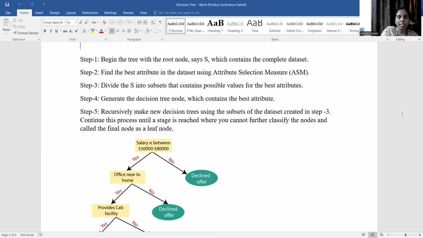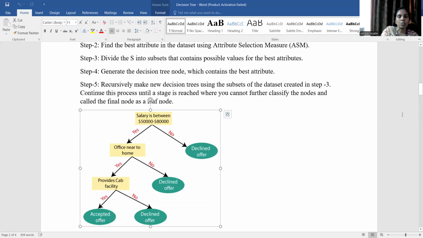The next one, generate the decision tree node which contains the best attribute. Then the next step, recursively make new decision trees using the subsets of the data set which are created in step 3, and continue this process until we cannot classify the nodes further, and the final node is called a leaf node. So here is one example they have given,